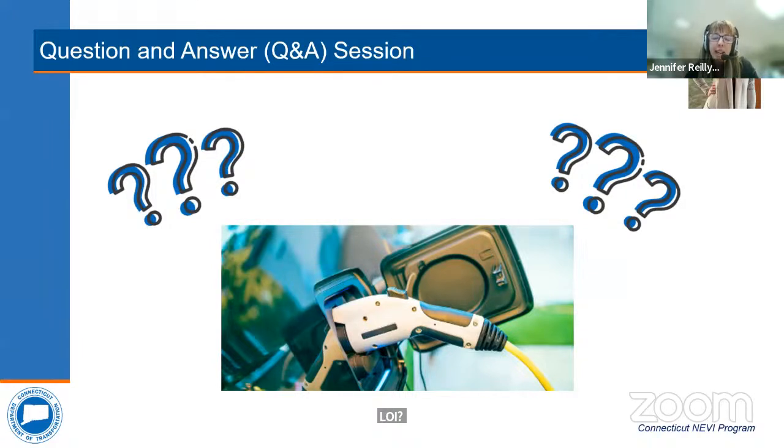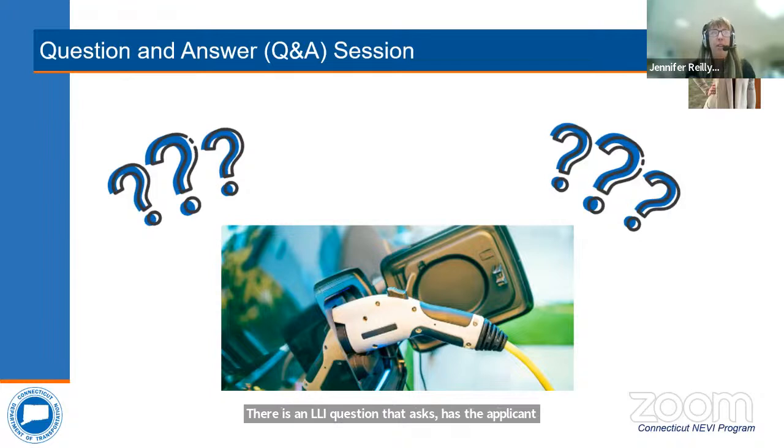There is an LOI question that asks, has the applicant coordinated with the electric utility prior to submission to determine the cost and the schedule for utility interconnection? So we ask that you provide an answer to that question, but we'll be asking for more of that when we release the RFP in early 2024, but thank you for that.